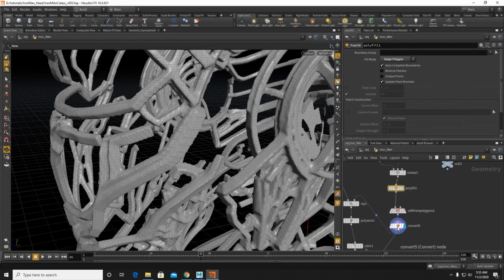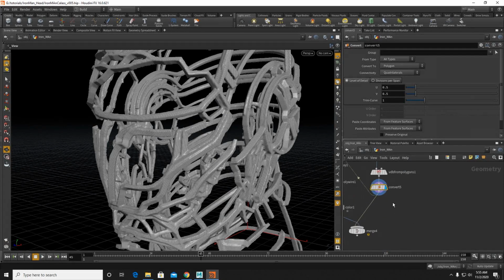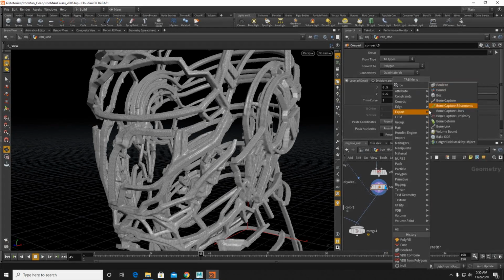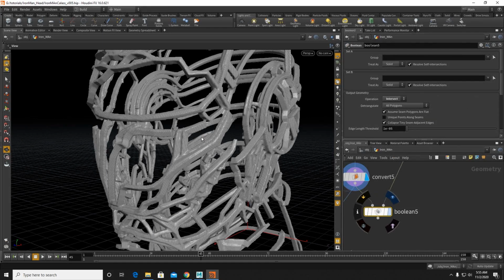Now as you can see, we are all done. Now what we can do, we can use boolean over here, and we can carve out our mesh. It is quite easier for Houdini here to calculate boolean after here, because